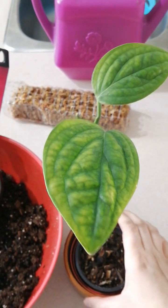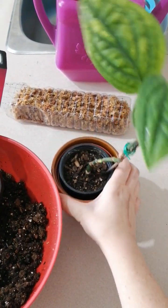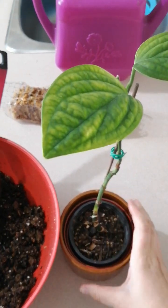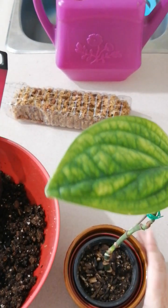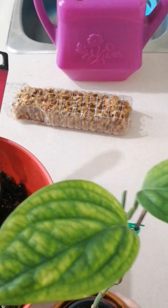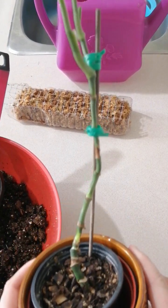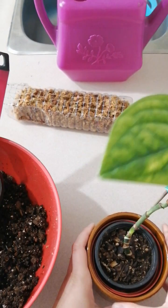Today I'm going to be putting a moss pole on this lovely, I believe it's a Monstera Peru. I could be wrong, but I believe that's what it is. Nothing else seems to match. I have taken some cuttings off of this lovely beauty here in order to propagate them, and in the process I lost any of the leaves that I had up there. So this poor thing,